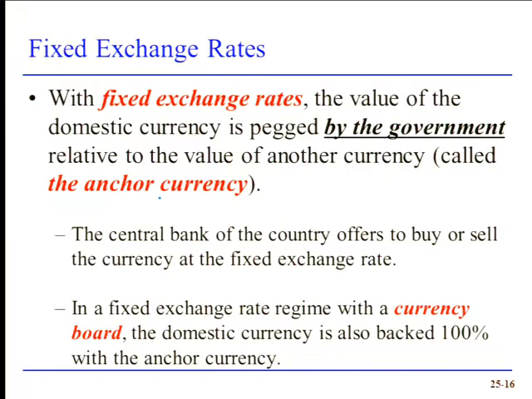So sometimes when one sets up a fixed exchange rate, one of the things that's really required in order to sustain that exchange rate is your credibility that, in fact, the central bank will make those interventions, buying and selling, so that they can actually make that exchange rate fixed. In order to improve the central bank's credibility and of its commitment to the fixed exchange rate, countries sometimes, not always, but sometimes set up what is known as a currency board. And basically what a currency board does is to acquire enough of the anchor currency to completely replace the domestic money supply. Notice if they have that, the exchange rate that's fixed can be maintained. Right? We can always simply replace our domestic money supply with the